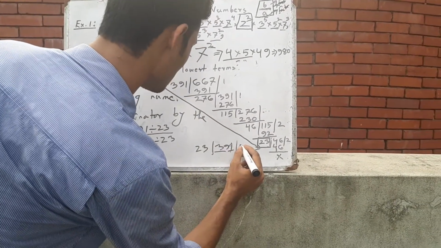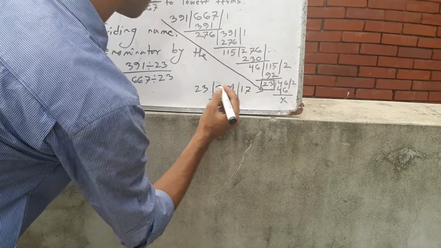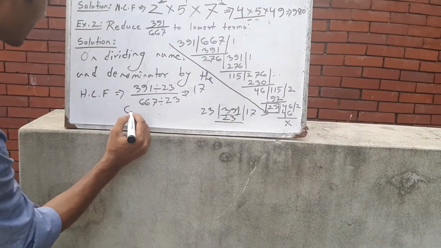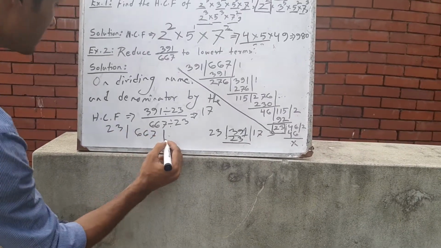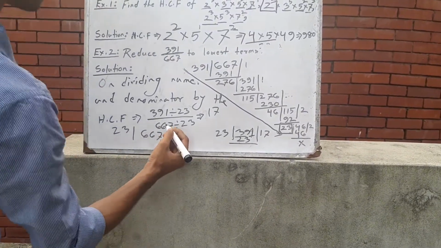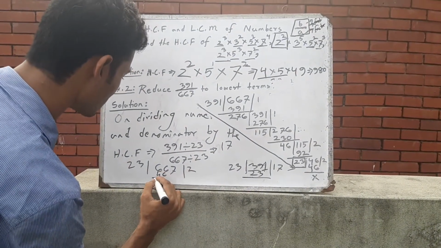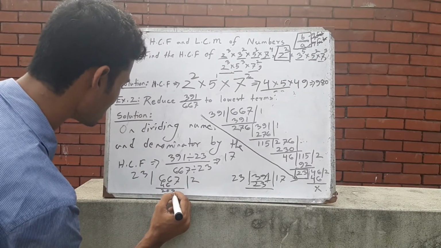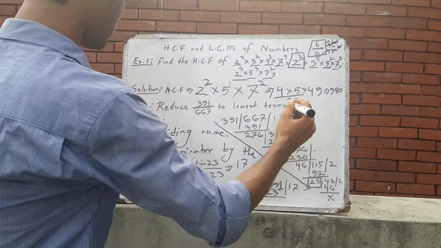39, there we have 1, 23, it may have been 17, then go for another check, 667 divided by 23, then 23 into 2, 46, 40, 20, 207, then go for 207, multiplying 2, 3,